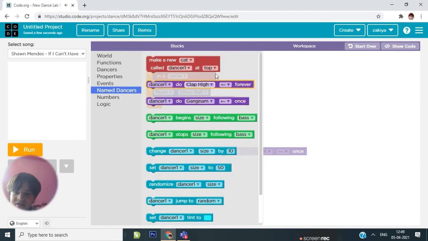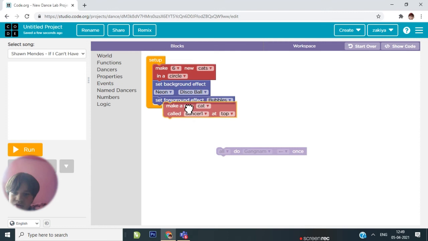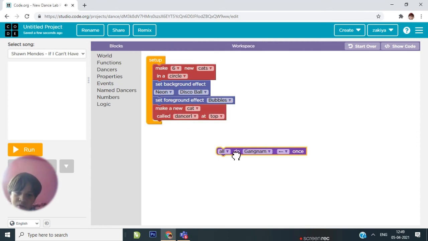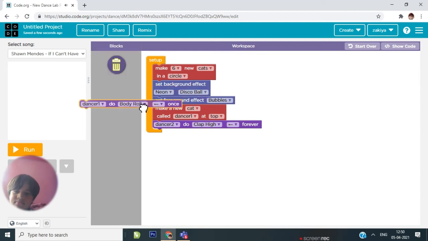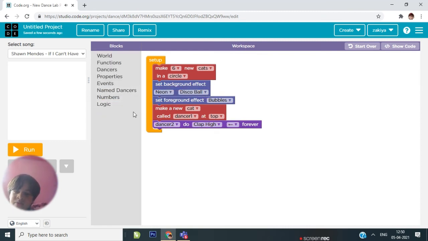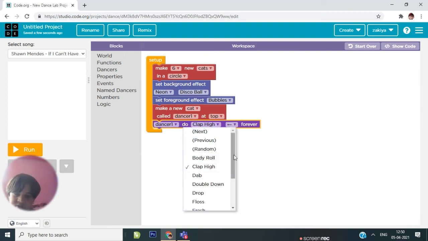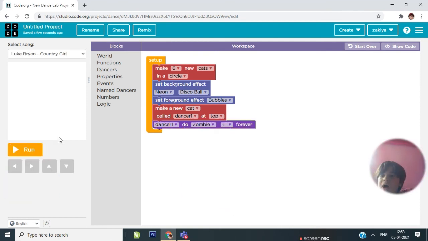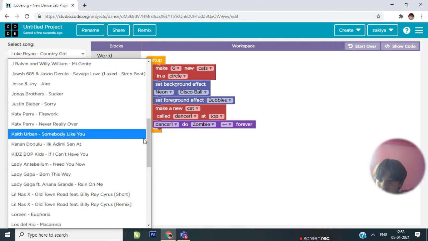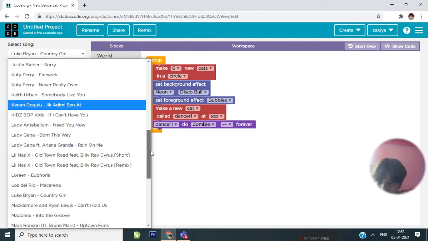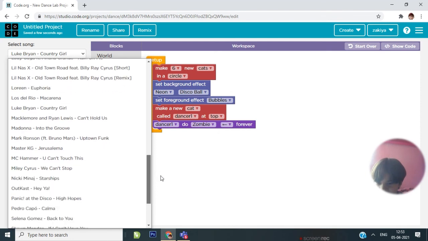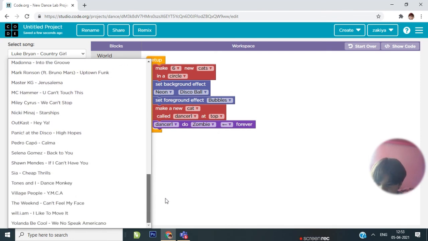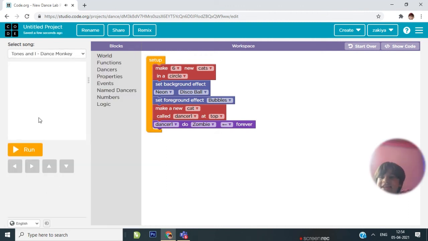So I'm naming it dancer. I'm gonna make a new tag. Edit. So I'm going to go with the dance monkey. I really like it, so I'm going to put them